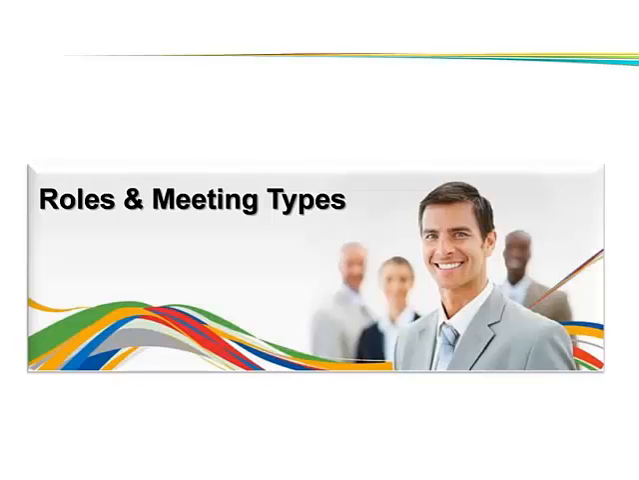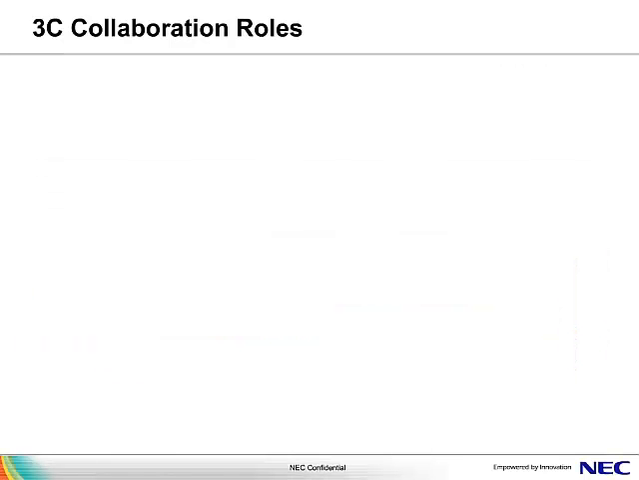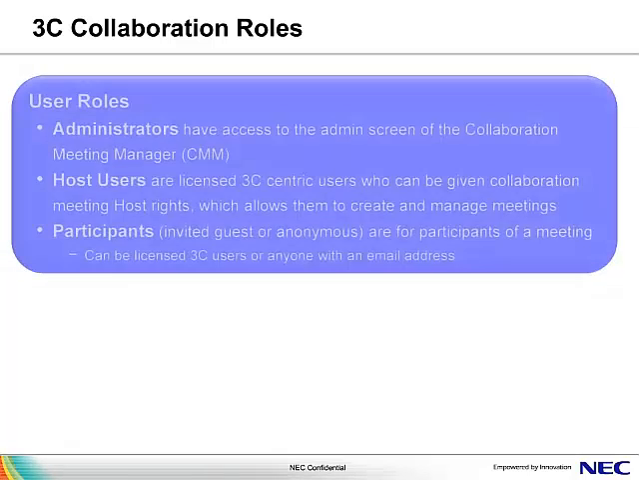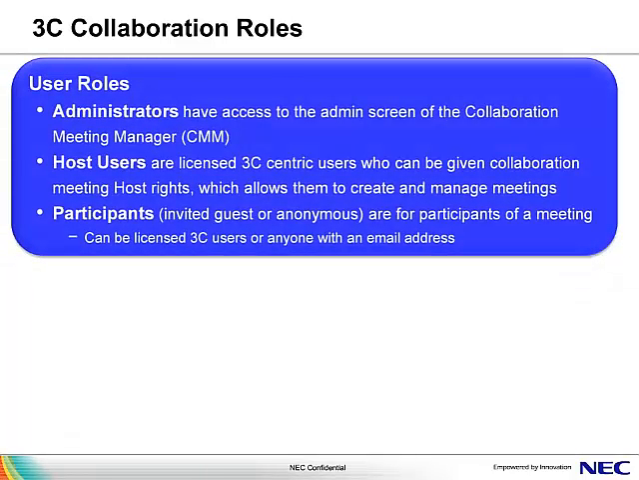The Collaboration Meeting Manager supports multiple participant roles and meeting types. There are two types of 3C collaboration roles, user and meeting. User roles include 3C administrators who have access to the CMM settings through a GUI, host users who are granted the rights to create and manage meetings, and participants who are either licensed 3C users with click to collaborate dialing through their 3C devices, or anyone with an email address that has been invited by a host to participate in